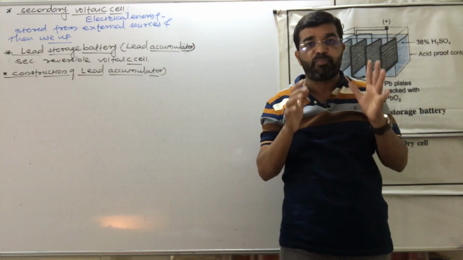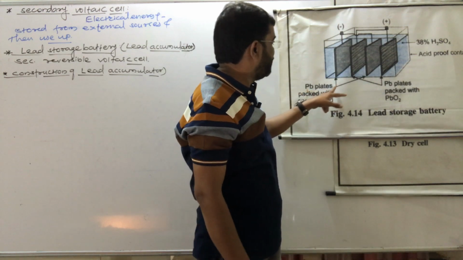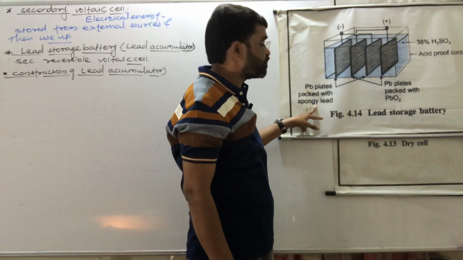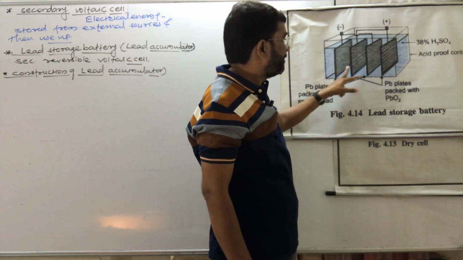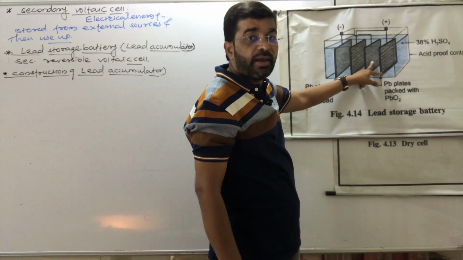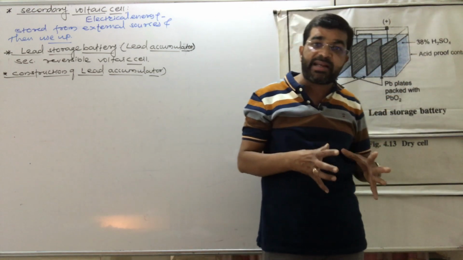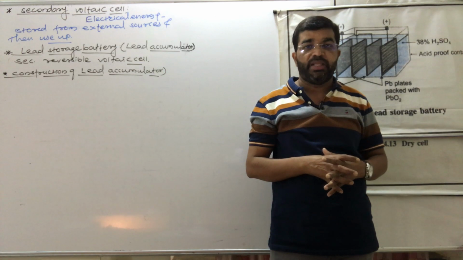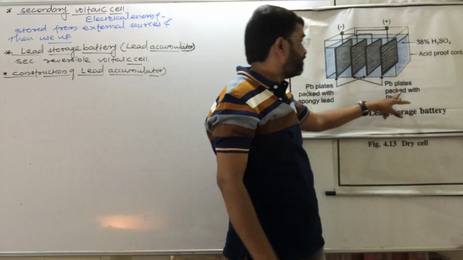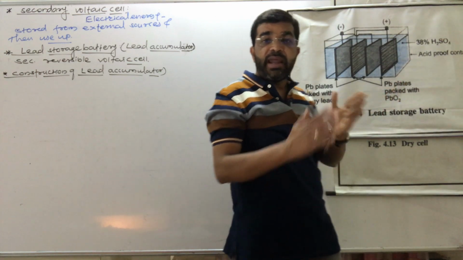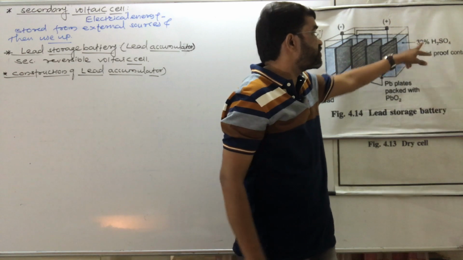Anodes are made up of pure Pb plate. You see here, that is Pb plate packed with spongy lead. So this is nothing but the anode. And cathodes are Pb plates impregnated with PbO2. Pb plate packed with PbO2, that is nothing but the cathode, and these plates are alternately placed in this 38%